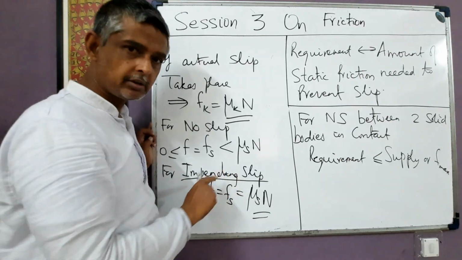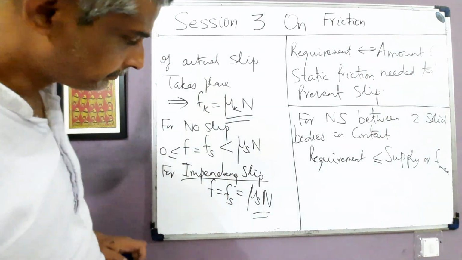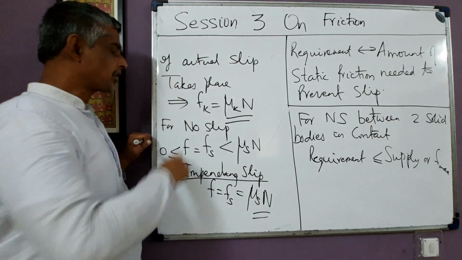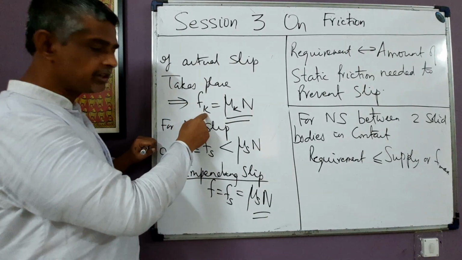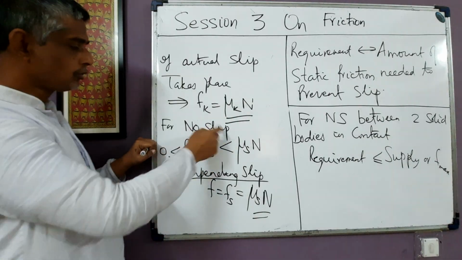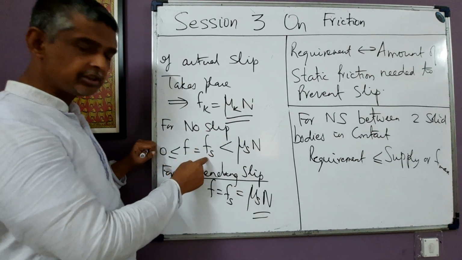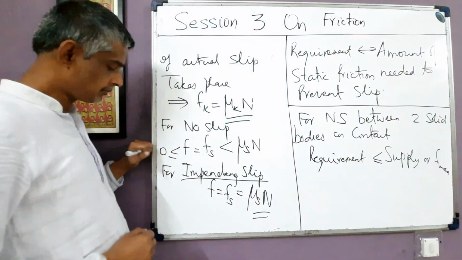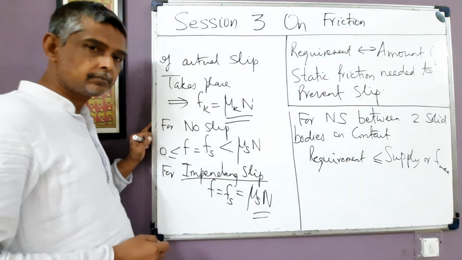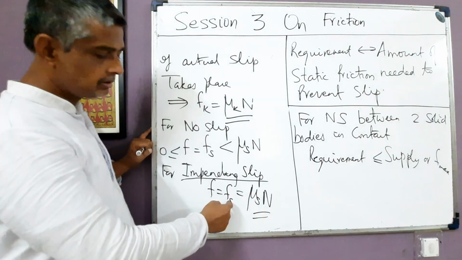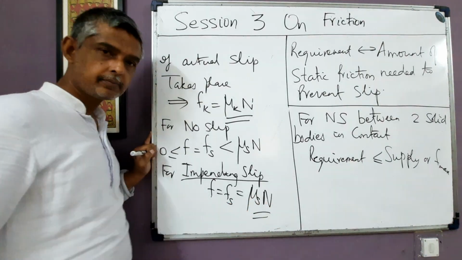So I hope it is clear what I am saying. Fine. All right. So these are three kinematical conditions. For actual slip, the force of friction is kinetic in nature, and its magnitude is equal to mu k N. For no slip, F is static in nature, Fs, and its magnitude is less than or equal to mu s N, and more than or equal to 0. For impending slip,